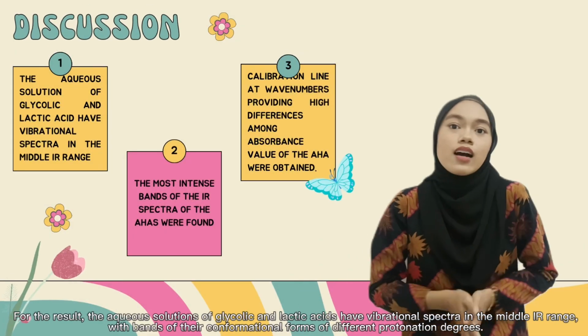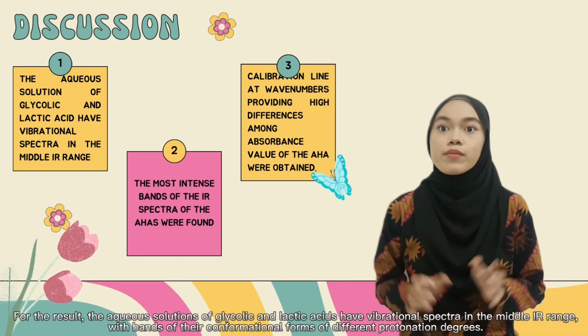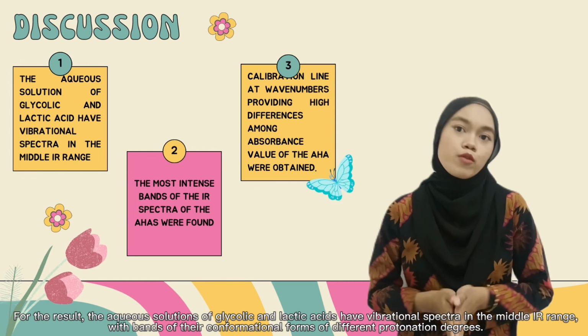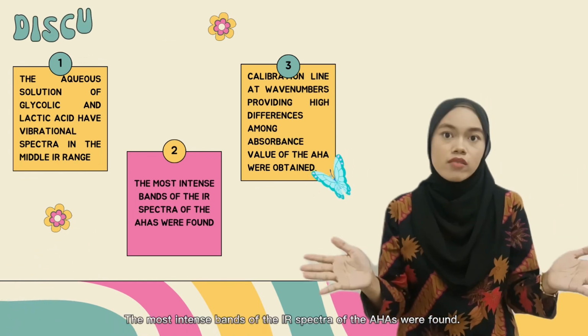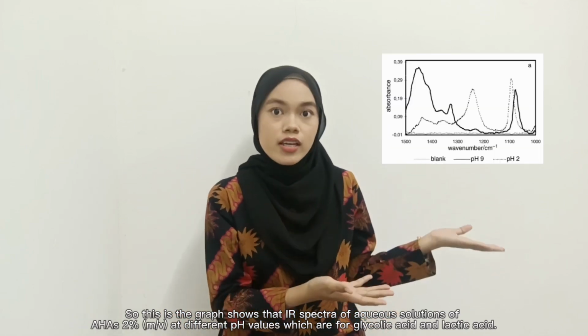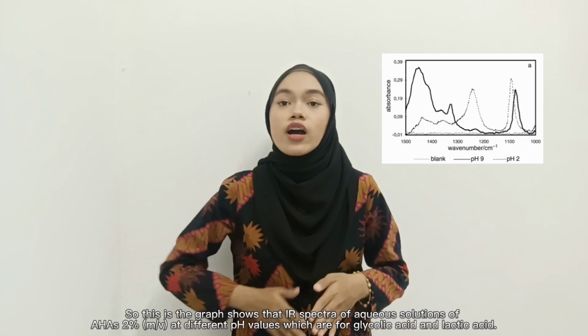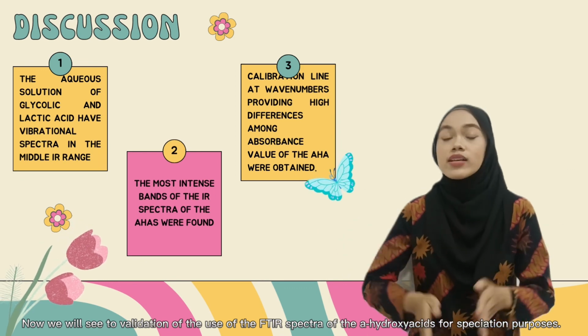For the results, the aqueous solutions of glycolic and lactic acid have vibrational spectra in the middle IR range with bands of their conformational forms of different protonation degrees. The most intense bands of the IR spectra of the AHAs are shown here. So this is the graph. It shows the IR spectra of aqueous solutions of AHA 2% at different pH values, for glycolic acid and lactic acid. Now we will see two variations of the use of the FTIR spectra of the alpha hydroxy acids